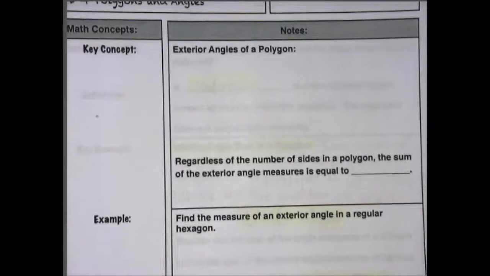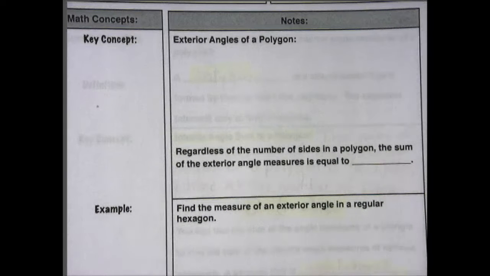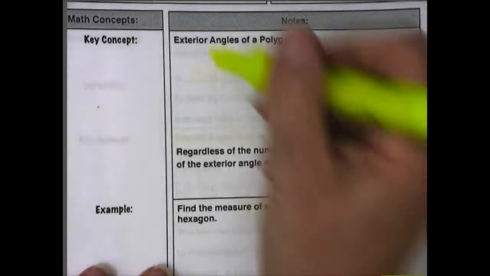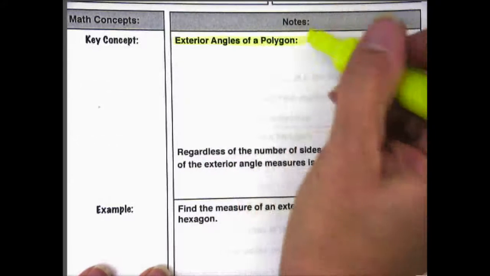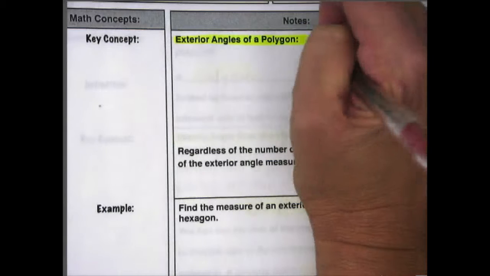Okay, now that you've had time to complete that practice problem, let's finish up with our last key concept. This time we're going to talk about the exterior angles of a polygon. We've talked about the exterior angles of a triangle, and now we're going to talk about the exterior angles of all polygons. So our key concept is that in a polygon,